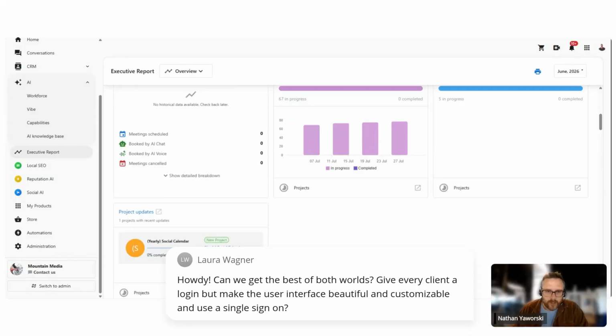Howdy, says Laura. Can we get the best of both worlds? Give every client a login, but make the user interface beautiful and customizable and use a single sign-on. So essentially, what I would say to that is you can. How I would recommend you do it is getting them added as a user, having them set their password so they have a login, and then essentially just